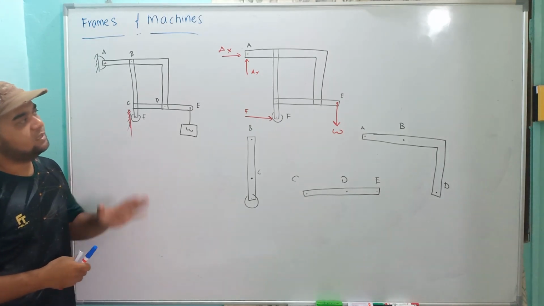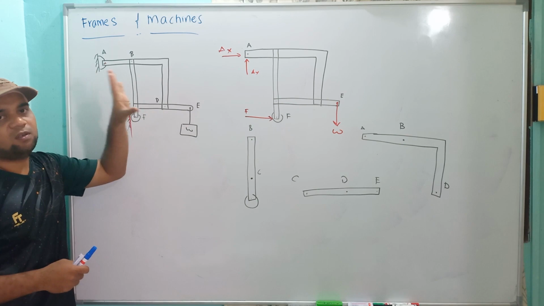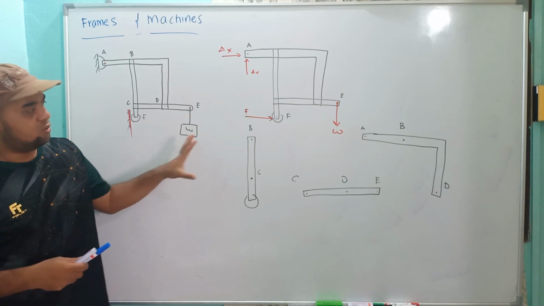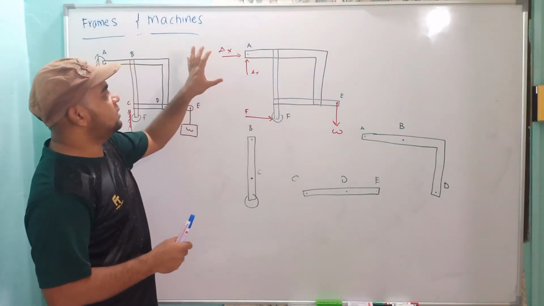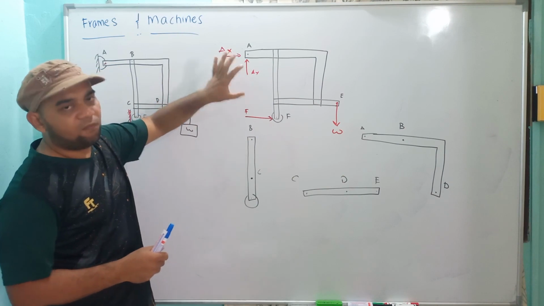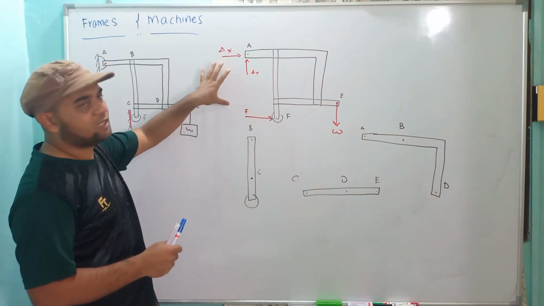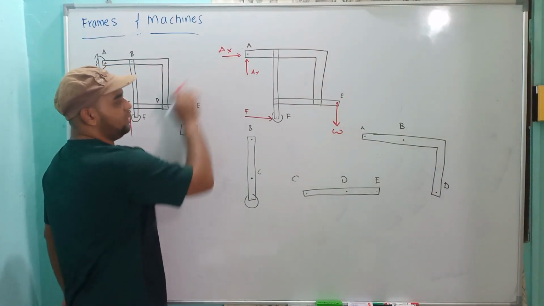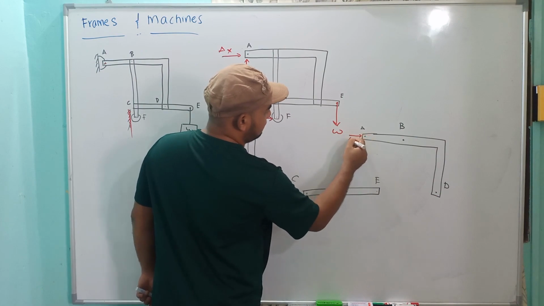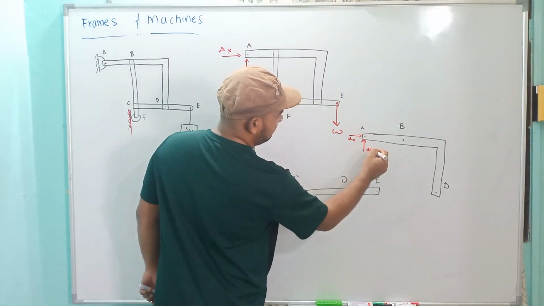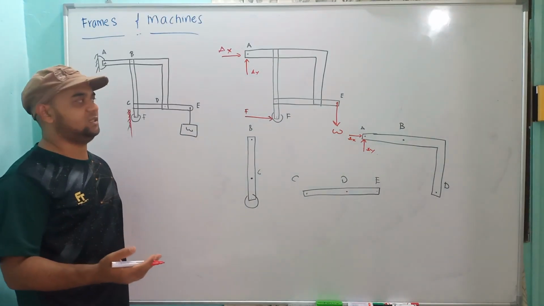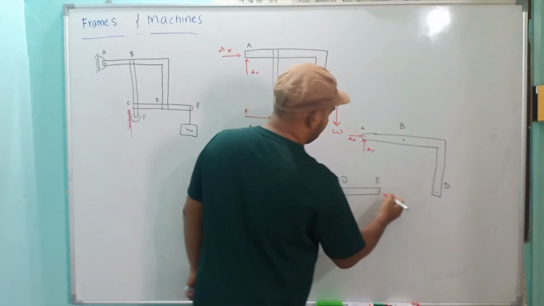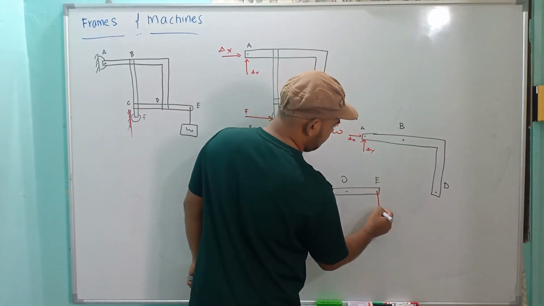So this is the free body diagram for the overall component, the overall free body diagram. What you need to do is draw the other parts. The forces from the overall free body diagram, which I put in red, you just transfer to these 3 components. So let's say here we have A, with Ax and Ay. You just transfer the same forces. Here F, and the other one is at E, downward W.